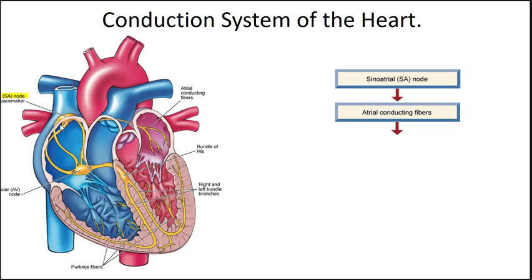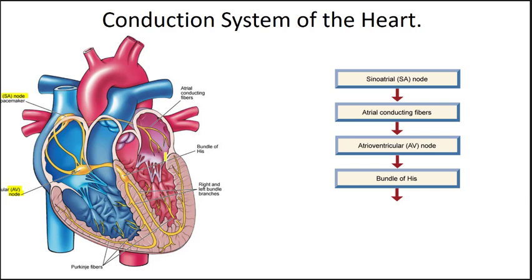Then, with this electrical signal, after it's spread through the atria, the electrical signal gathers at another node. And this node is called the AV node. It's called the AV node because AV is atrioventricular. It's located within the atria, but right at the level of the junction between the atria and the ventricle. So that electrical signal gathers in this region, and it actually slows down here. So this node slows the signal down. And the reason it slows the signal down is because we want to make sure that we've had a full top part of the heart contraction before anything happens in the lower part of the heart. So it slows it down, then the signal is going to travel